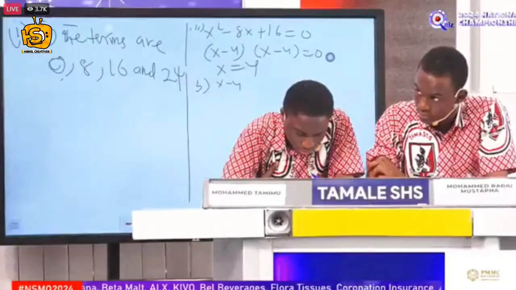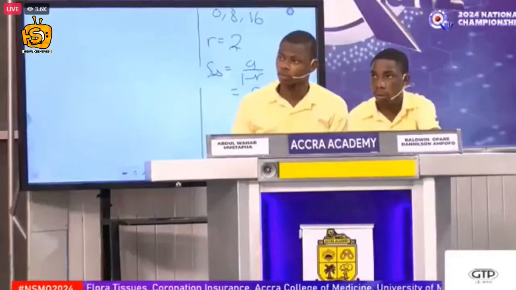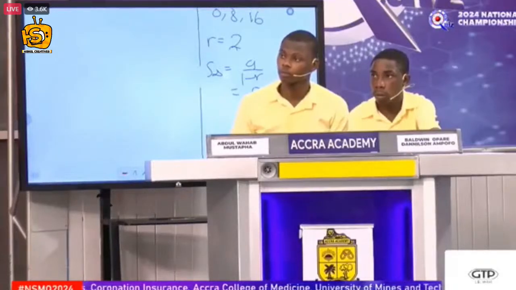Anyway, so the sum to infinity will be a divided by 1 minus the r, which is going to be the one that you choose. So you will have negative 4 root 2 divided by 1 minus 1 plus root 2, the value where it exists. And if you solve this, you will arrive at negative 4 as the sum to infinity. 2 more marks, making a total of 10 marks. I hope you have enjoyed and appreciated this, contestants.